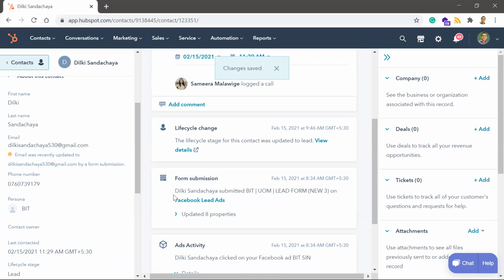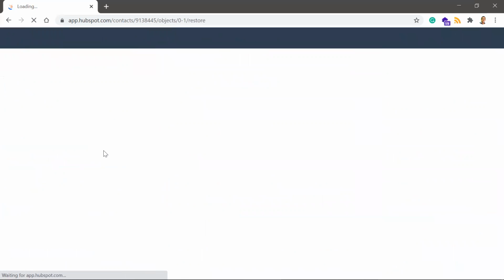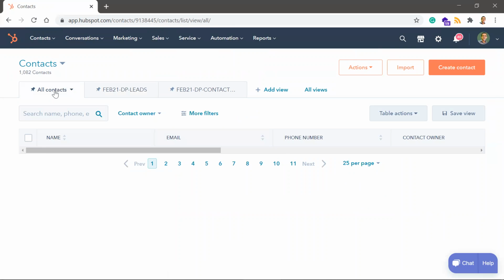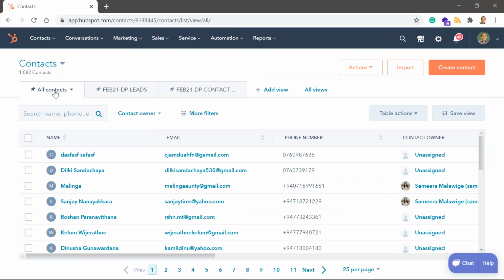When we are running reports, we can filter by persona whether a certain contact was created for the BIT program or the DPP program. So I would like you to attend to this immediately. Any new contacts that you will be working on, please update the persona status, whether that is BIT or DPP. That will help us in generating reports.